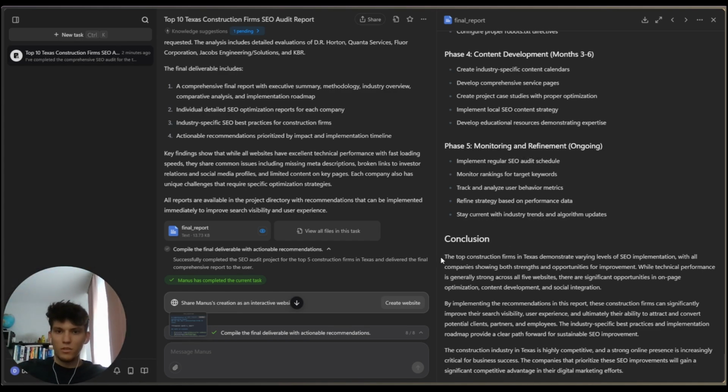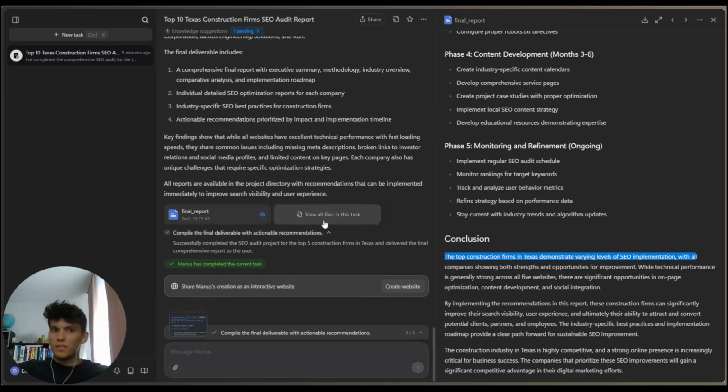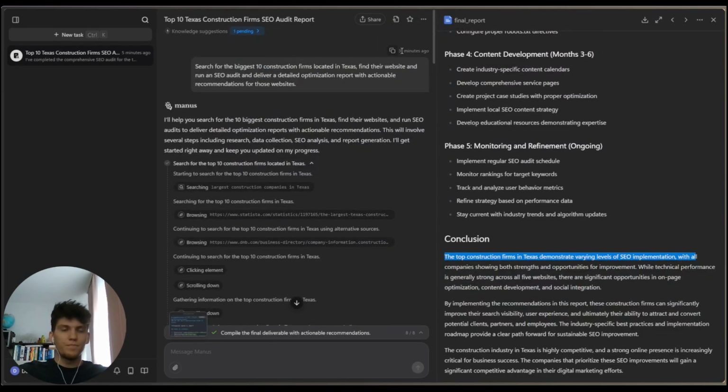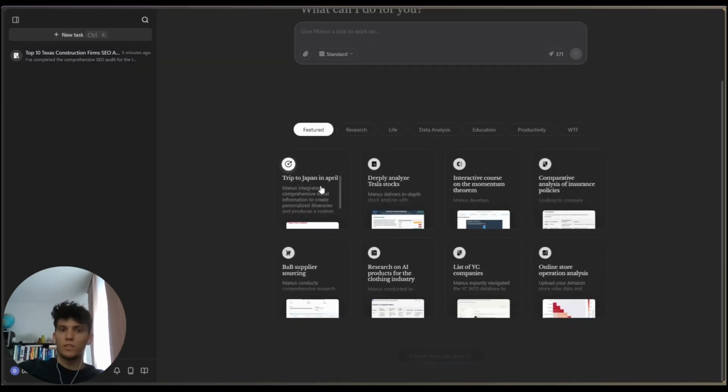Okay. Conclusion: consider varying levels of SEO implementation, with all companies showing both strengths and opportunities. Yeah, so as you can see, he did a pretty good job. It wasn't an easy task at all, actually. Contrary to what I said prior, it actually did it pretty fast. Of course, I cut the number of construction firms in half, but it still did a pretty decent job, pretty fast one actually. So if you need it in these scopes,